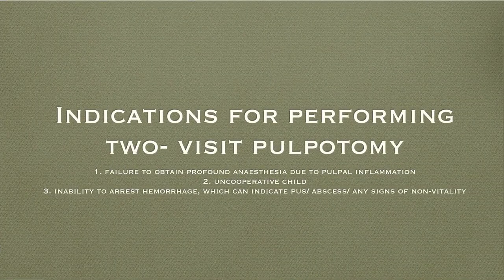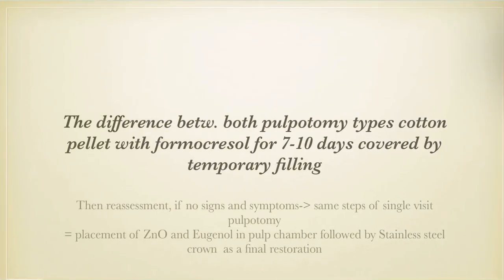So what are the indications, or when do you do the 2-visit pulpotomy? If you fail to obtain profound anesthesia due to pulpal inflammation, if you have an uncooperative child, or if you're unable to arrest the hemorrhage, which can indicate pus, abscess, or any signs of non-vitality. So, the difference between the two pulpotomy visits, the first and second visit,